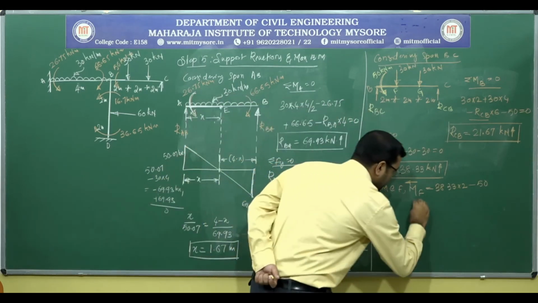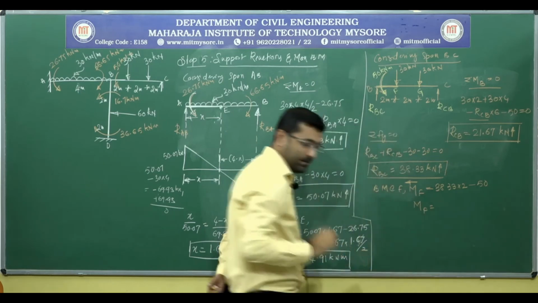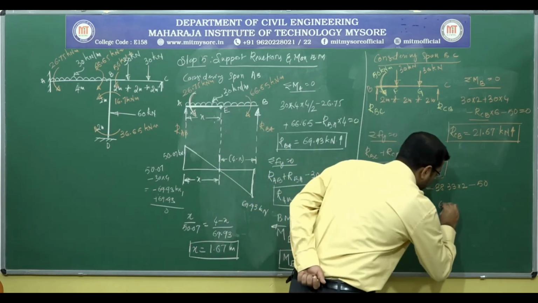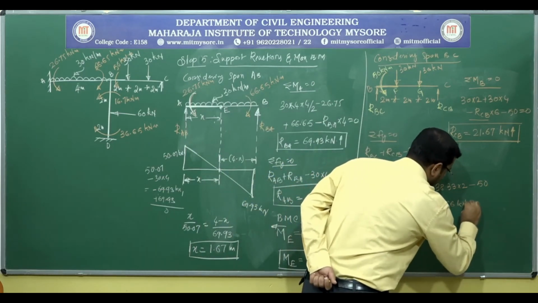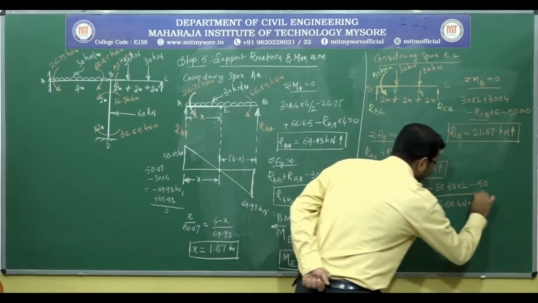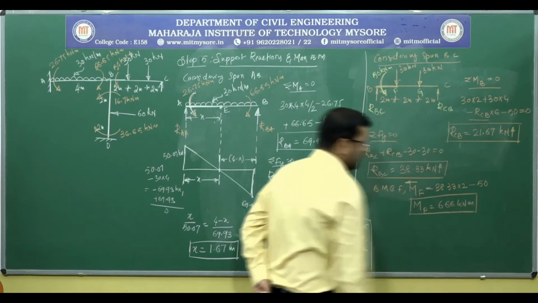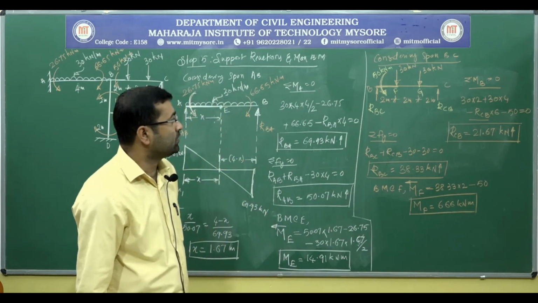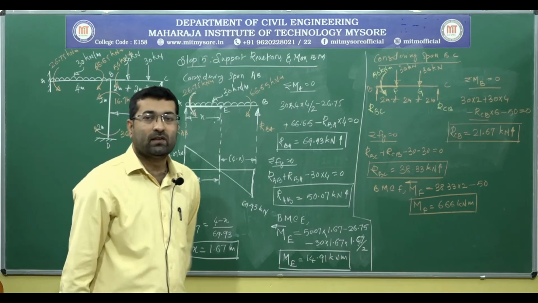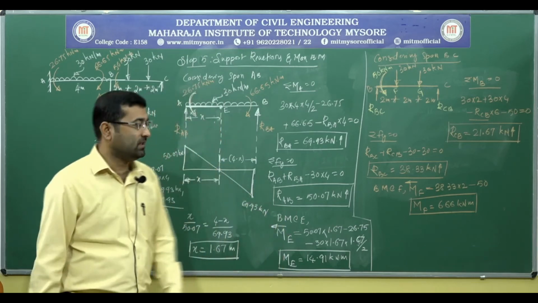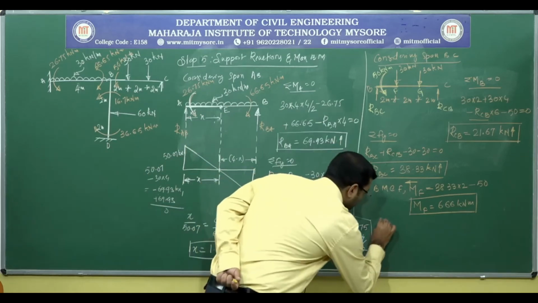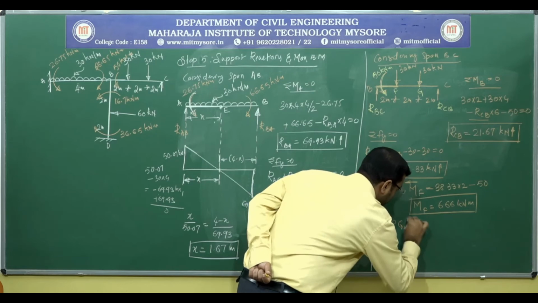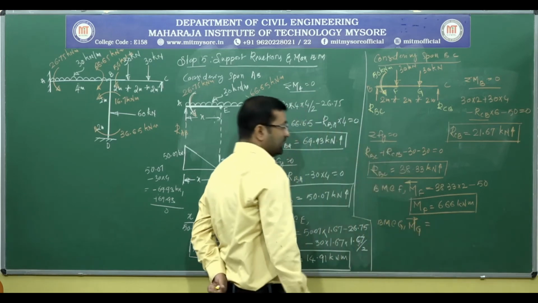So this gives the value of MF as 6.66 kilonewton meter. So this is the bending moment at F. Okay. Similarly, we need to work out the bending moment at G, so that we can say which bending moment is the maximum. So bending moment at G, MG is equal to,